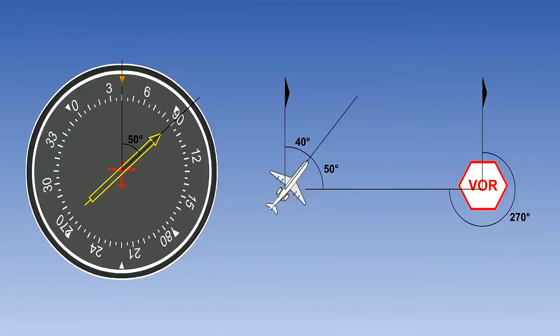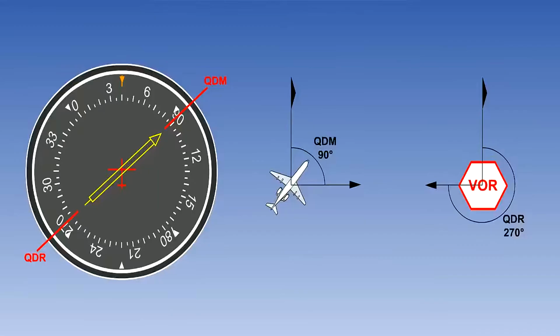If the QDM to the VOR shown on the RMI is to be converted to a true bearing for plotting, the variation at the VOR station would be applied. Compare this with the case of an NDB bearing displayed on the RMI, where the magnetic bearing indicated is based on the magnetic variation at the aircraft. As the arrowhead of the RMI shows the QDM, so the tail shows the QDR, the magnetic bearing from the VOR, which is the VOR radial upon which the aircraft is positioned.